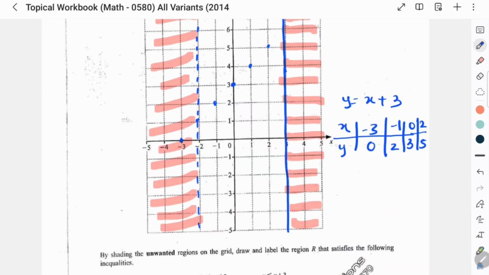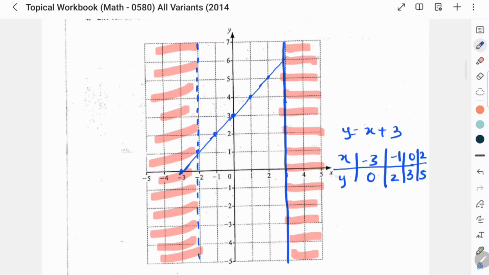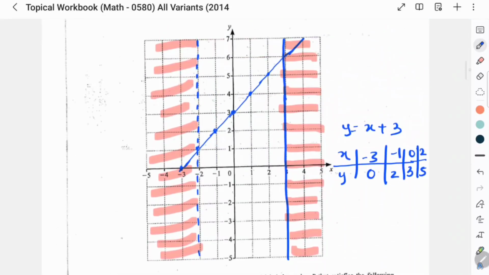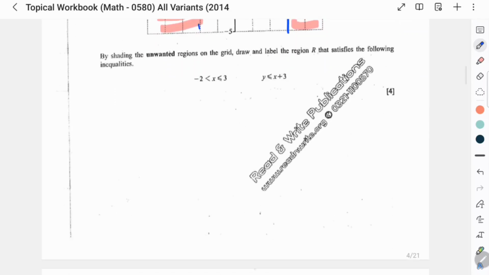Okay, it means your gradient is -1, +1, sorry. Y is equal to x plus 3. Alright, so the region is given as less than, so we'll shade above the line. So we are getting the region here for this question. Okay, now the next one,